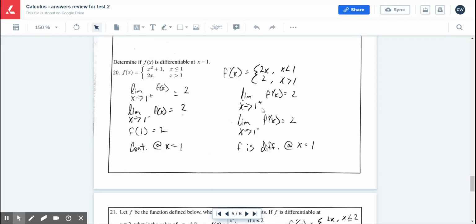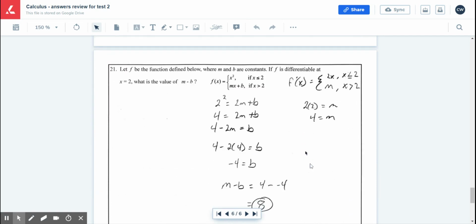So I need to plug 1 into both of those. So I plug 1 into the top, I get 2. I plug 1 in the bottom, I get 2. Since those match, that means f is differentiable at x equals 1. And finally,